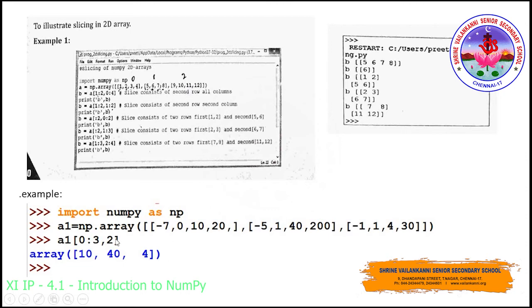So look at one more example over here. np.array of a few more lists they have passed over here, and see the index position 0:3, and they have given the accessing element as 2. So 0:3 means 0, 1 and 2. So all the arrays, all the rows I'm going to access here, and in that I'm going to access only the second element. So second element means second index position in 0, 1 and 2. So 10 will be retrieved, 40 and 4 will be retrieved. That will be the answer. Now you understood how to perform slicing in a 2D array.